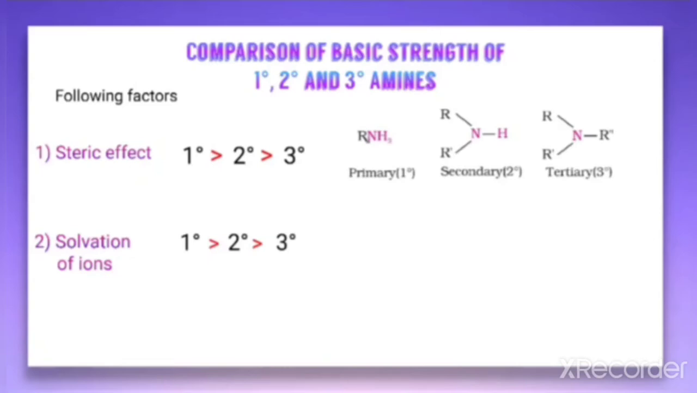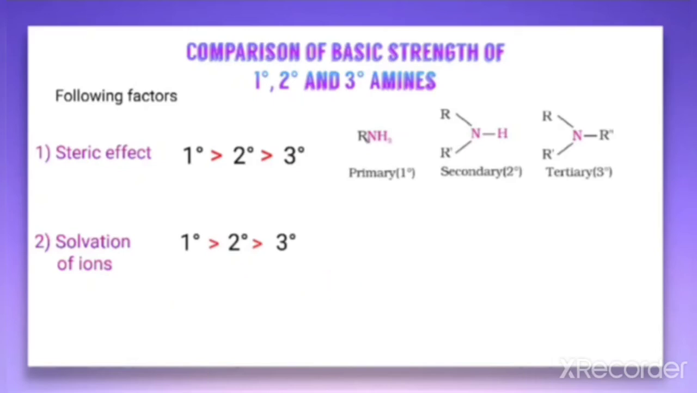So the tertiary ammonium is less hydrated than the secondary ammonium ion, and which is less hydrated than the primary ammonium ion. That's why the tertiary amines have less tendency to form the ammonium ion, and consequently they are least basic. And which one will be the more basic according to the solvation of ion? That is the 1 degree. So 1 degree is more reactive than 2 degree, and 2 degree is more reactive than 3 degree according to